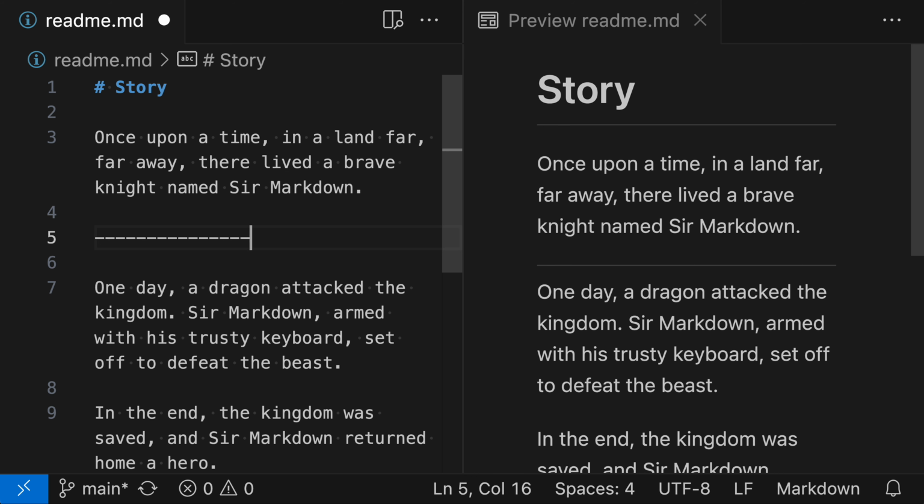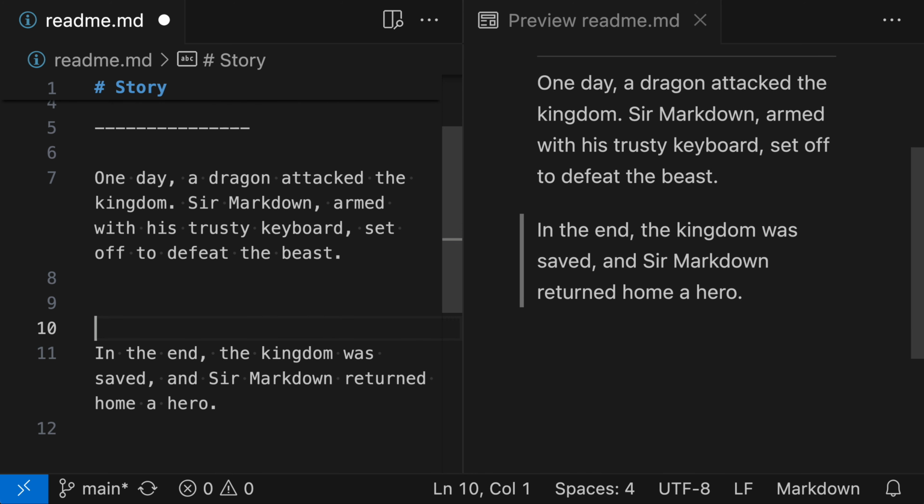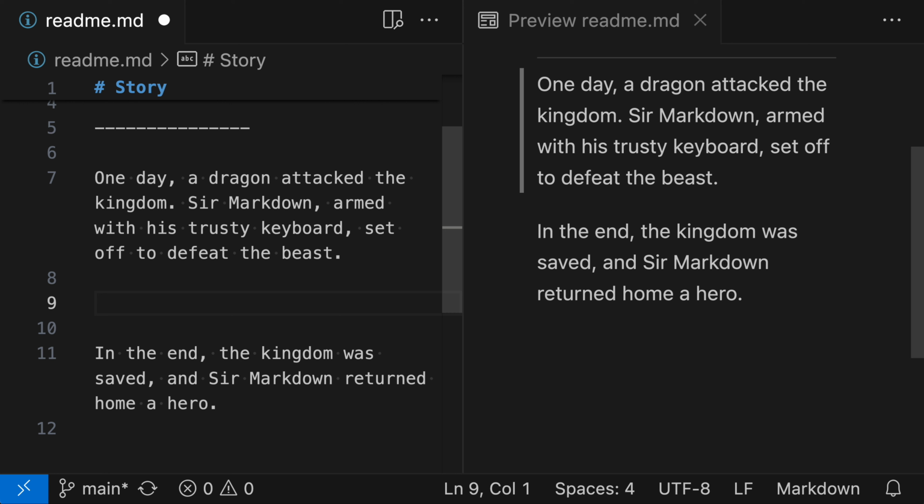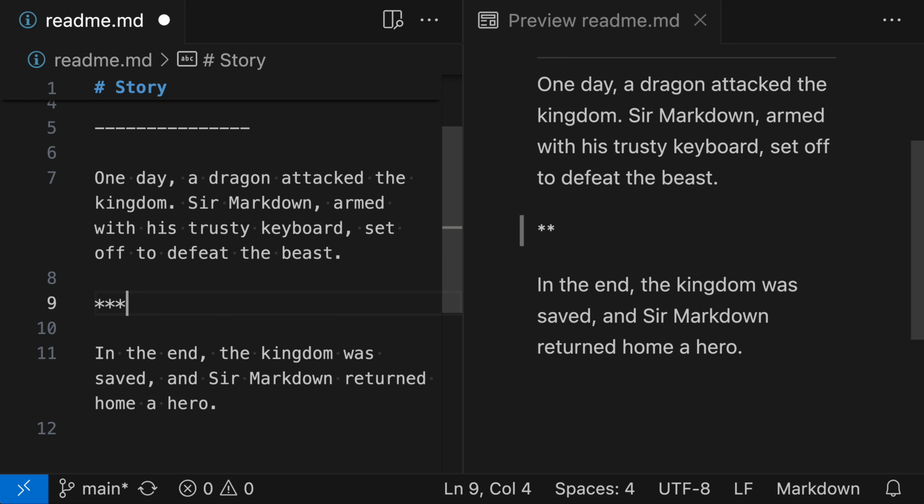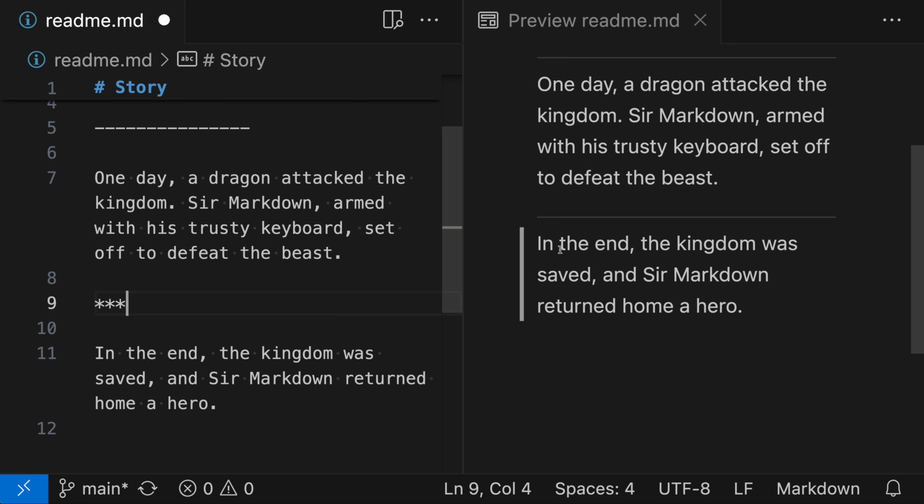Now, these dashes are fine, but sometimes you want something a little bit different. So if you really want to, you can actually use stars instead. So we're going to do the same thing between these 2 paragraphs. I'm going to go and add a new line and add 3 star characters instead. And you can see that, again, this is being rendered as a horizontal line between the 2 sections that we've now defined. If I wanted to, I could keep adding more stars, really be a star here just with a